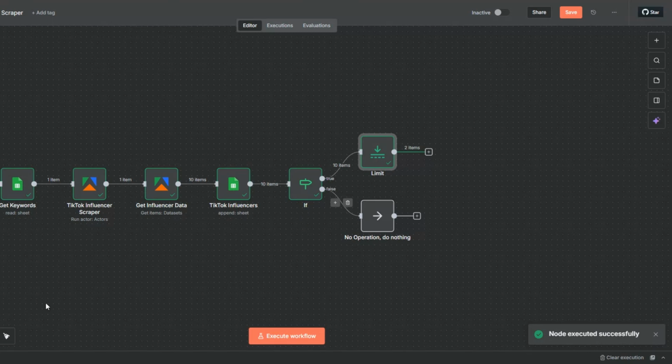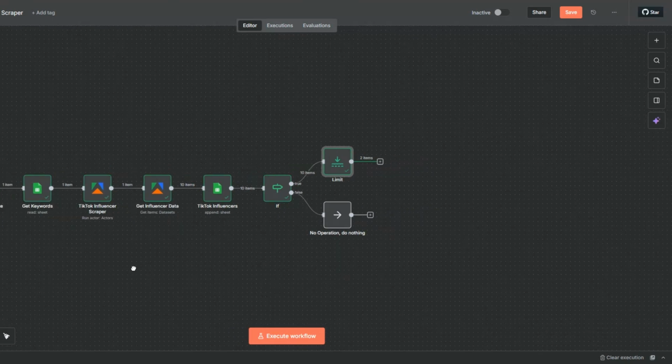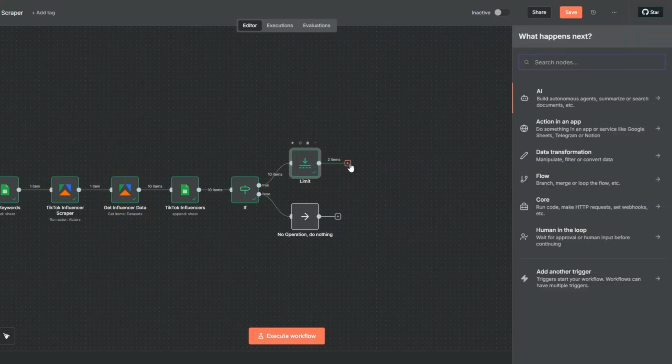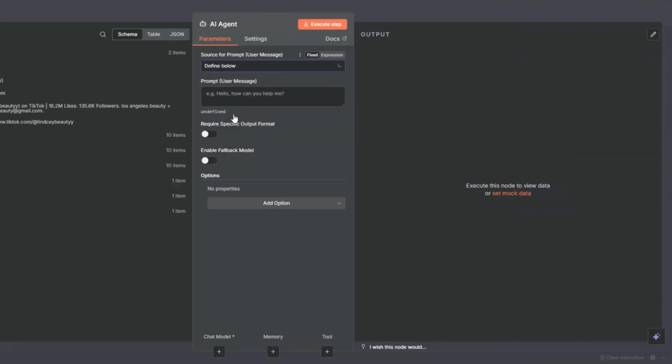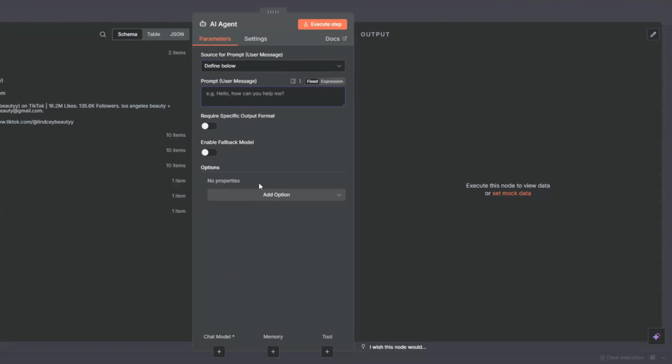So now with our influencers over here and their profile data, we're going to proceed and generate personalized outreach emails for the influencers. To do that, I'm going to use an AI agent. So in AI, I'll click on AI agent right here. Here, I'll define below to add our prompt and our system message. So the prompt could be along the lines of, you're an expert email copywriter. Then the system message could be along the lines of,